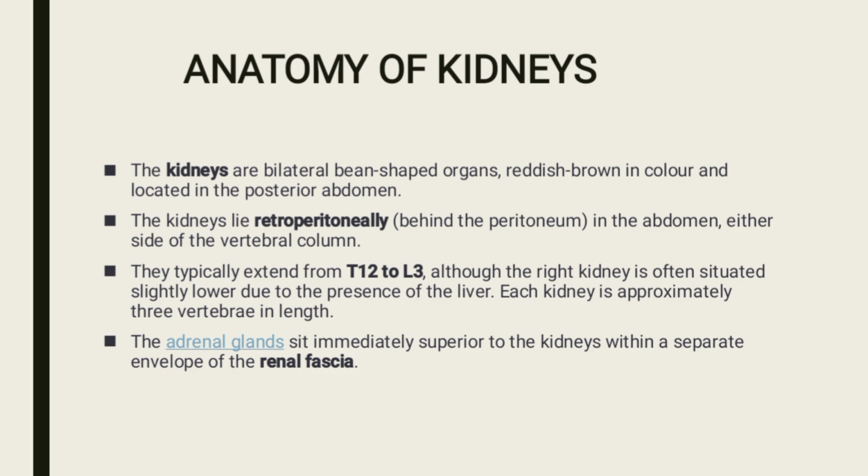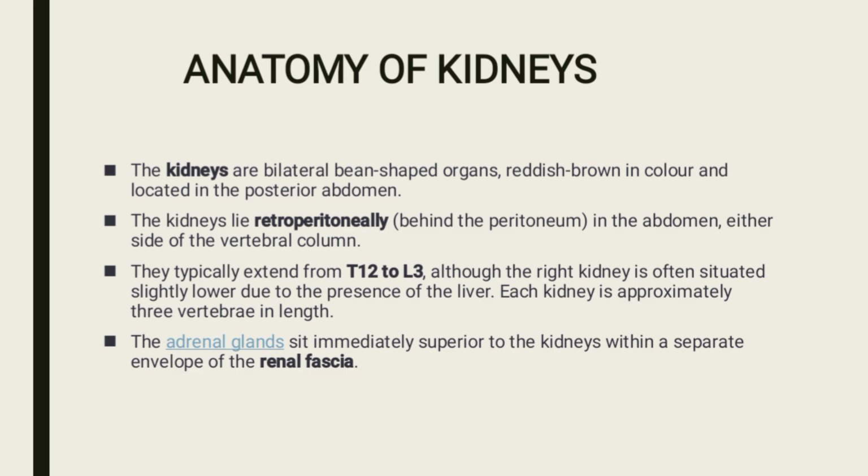So first of all, anatomy of kidneys. The kidneys are bean-shaped organs situated in the posterior abdominal wall, one on each side of the vertebral column. They lie retroperitoneally, meaning behind the peritoneum. Anatomically, they extend from the level of T12 vertebra down to lumbar 3 vertebra. The right kidney usually sits a bit lower than the left because of the presence of the liver on the